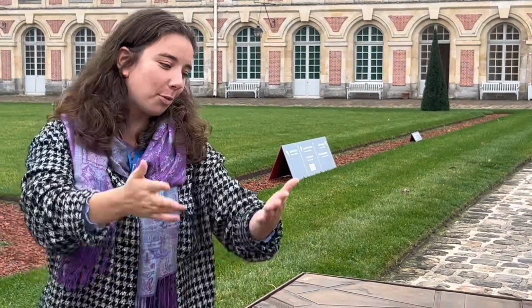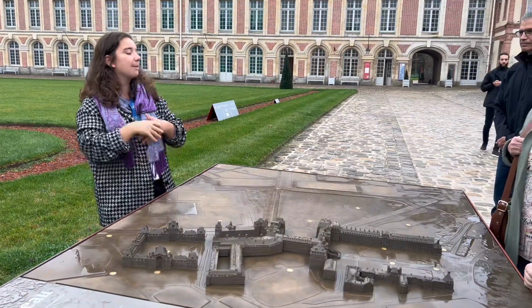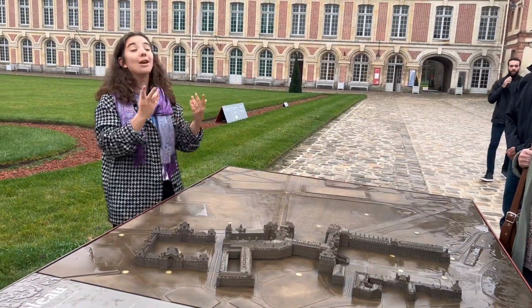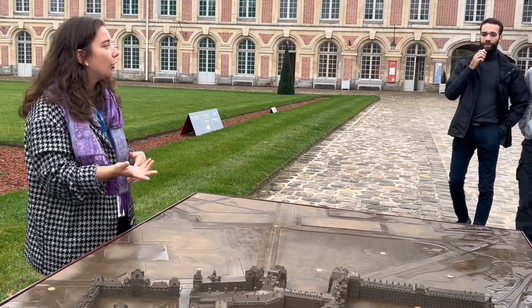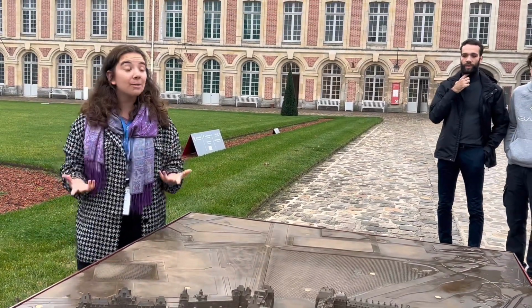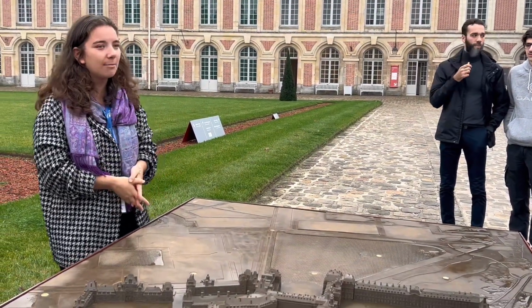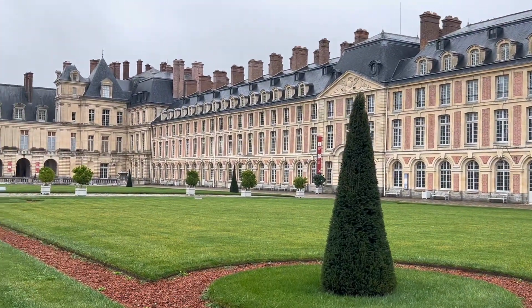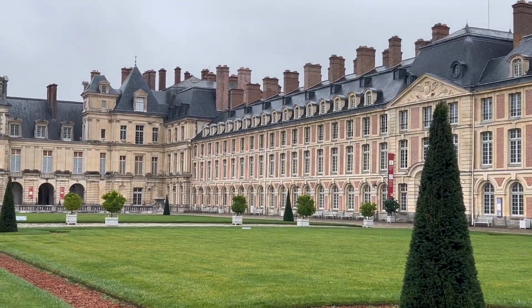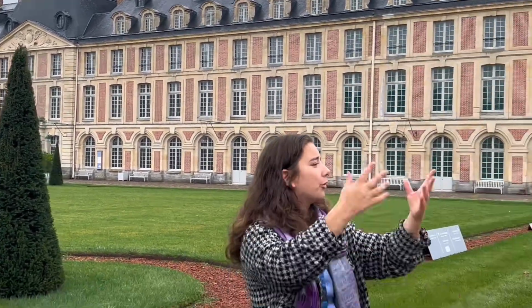And sadly, the Pope was able to be freed just a couple months before Napoleon surrendered the first time and was exiled the first time to the island of Elba, so close to Italy. And just before he left, he had his grand goodbyes here in Fontainebleau, just in this courtyard that we have here. And something very beautiful, a lot of crying tears, he said goodbye to all of his generals, hoped for the best, promised, well, didn't promise he wouldn't come back, but